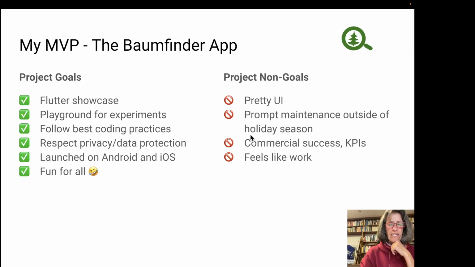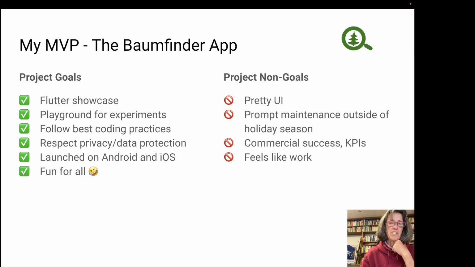The second thing I wanted to make clear is that I was okay with the fact that the project would fall behind a little bit. I'm now going into the third season with this project. Outside of the holiday season, it is absolutely not maintained, and even at the moment, it should really get a little bit of TLC.